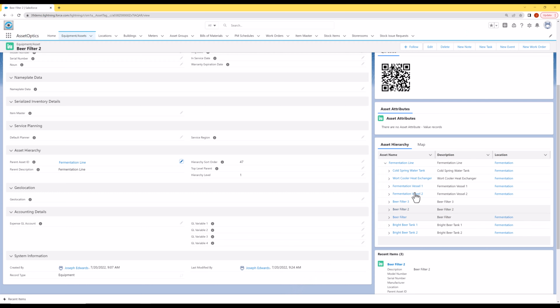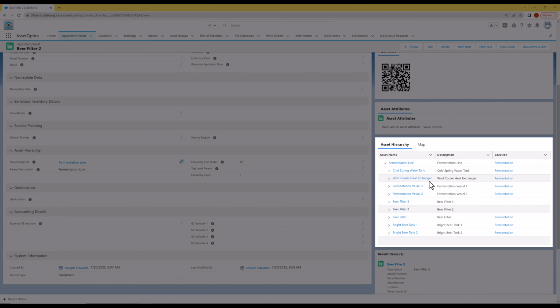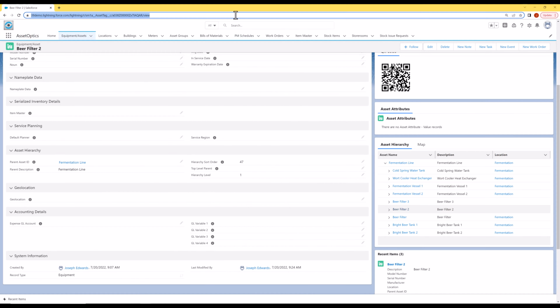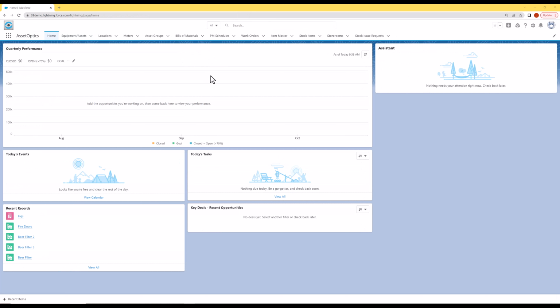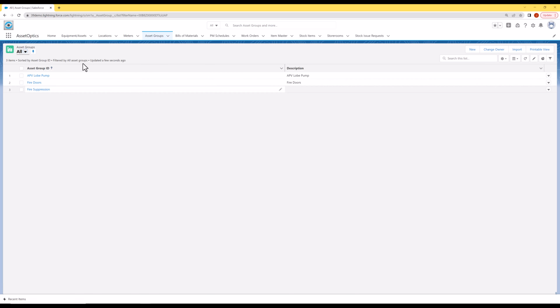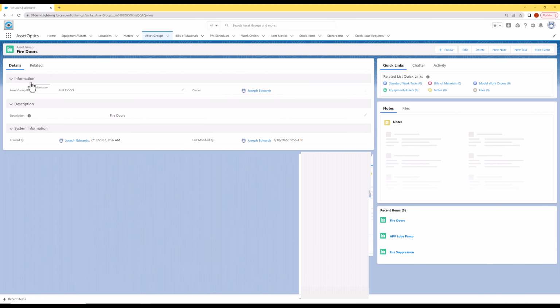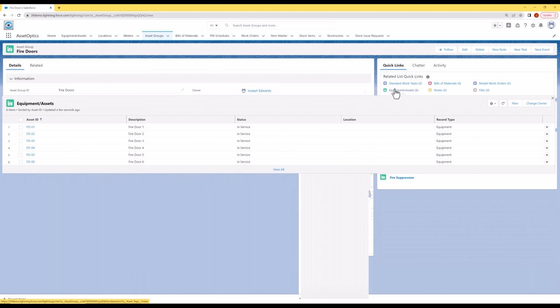And as soon as I save, the Lightning Web component refreshes itself, and now we have all the records displayed correctly in the hierarchy. I could also initiate the creation of an equipment record from a location, from a space, or maybe in this example, an asset group. If we chose, say, the fire doors asset group, we see that there are 6 existing equipment/asset